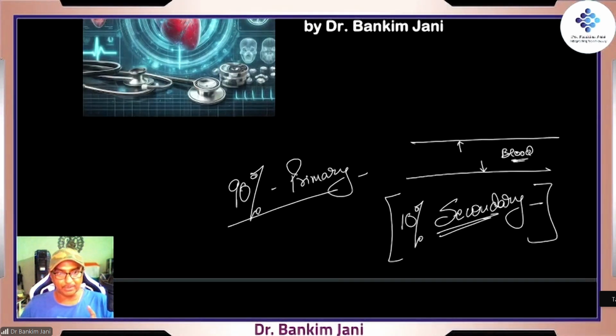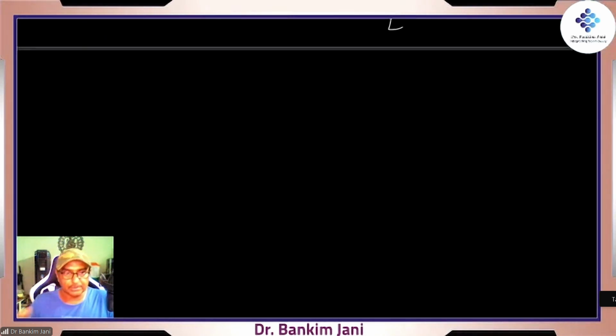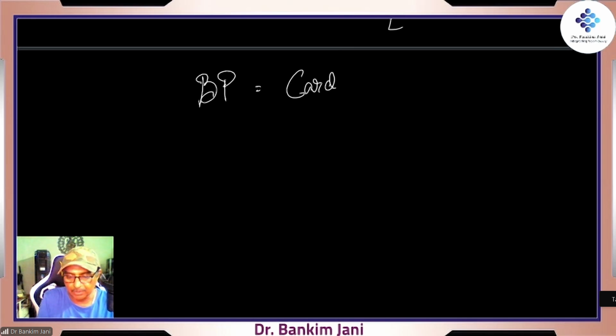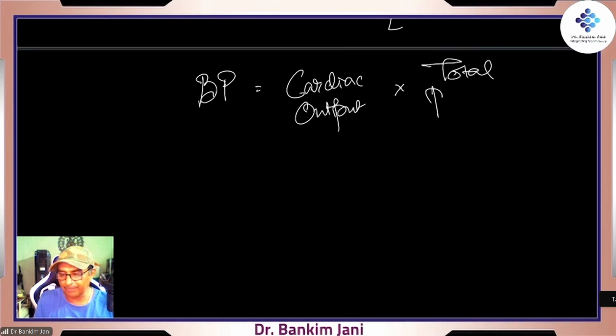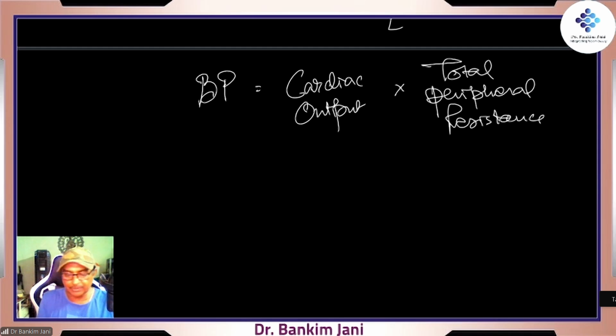So what we learned up to this point is, what is blood pressure? Blood pressure is nothing but the cardiac output multiplied by total peripheral resistance. Correct? So when the blood pressure has to increase, either the cardiac output is increased or there is an increase in the total peripheral resistance. Now, total peripheral resistance, I hope you remember, this is the artery, which is divided